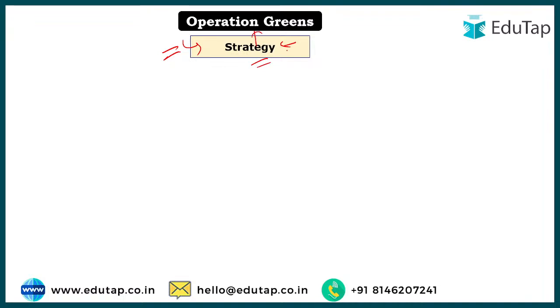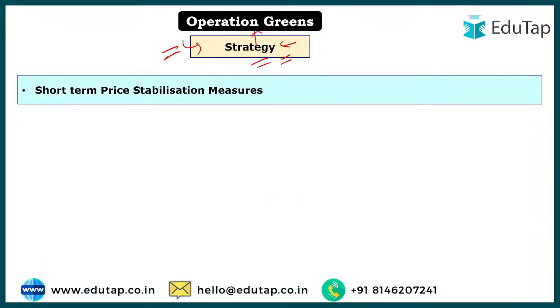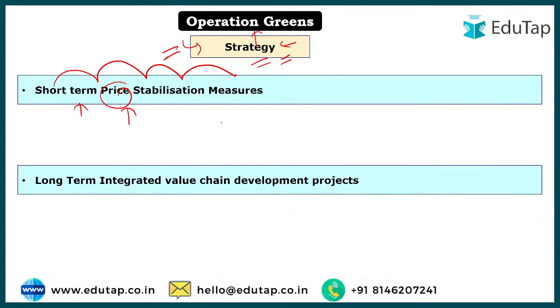So what has been done? For that reason, two strategies has been defined. One for the short term, known as short term price stabilization measure, because you know this price stabilization, it depends on demand and supply. It is very volatile, right? That is why it is a short term measure or strategy that government will focus on. However, if we talk about infrastructure facility, if we talk about developing the post-harvest industries and all that, that is a long-term strategy. Why? Because it will take a lot of time to establish the infrastructure, right?